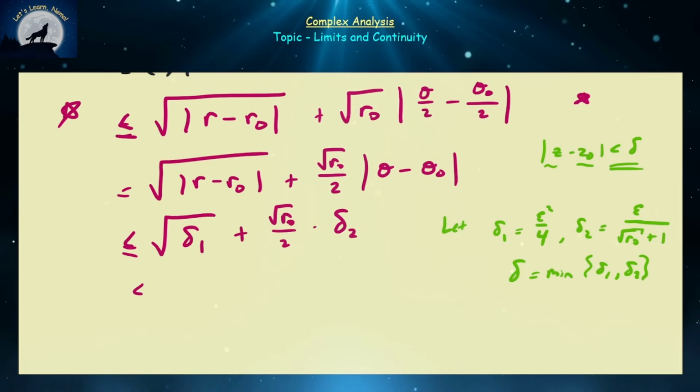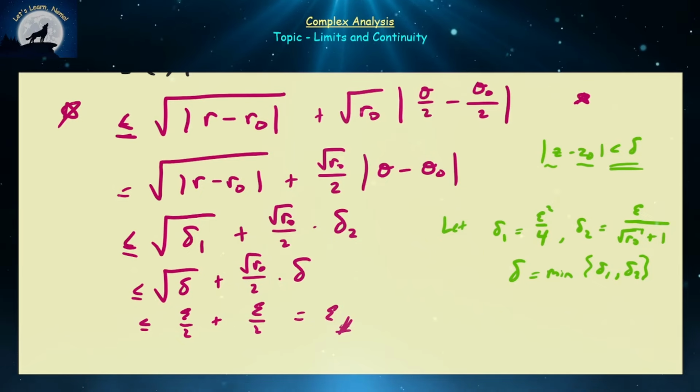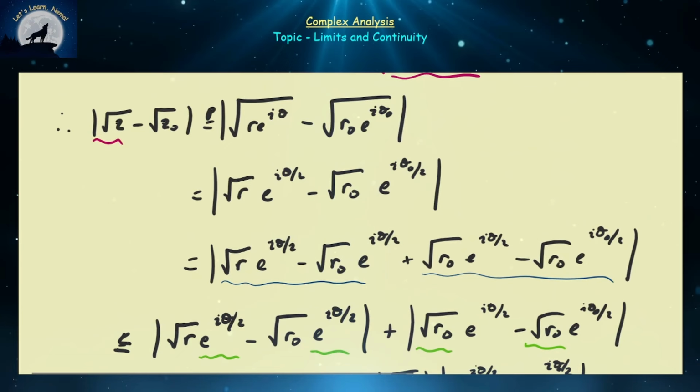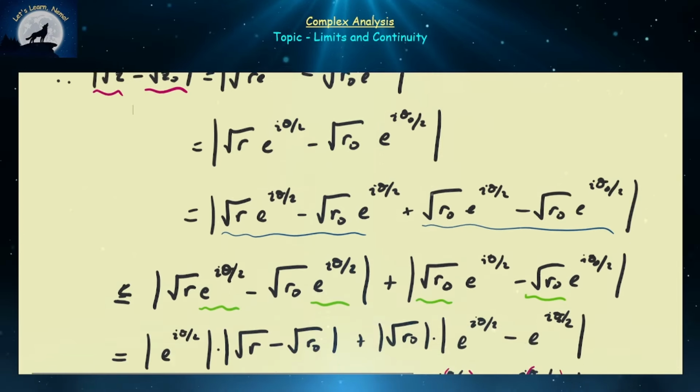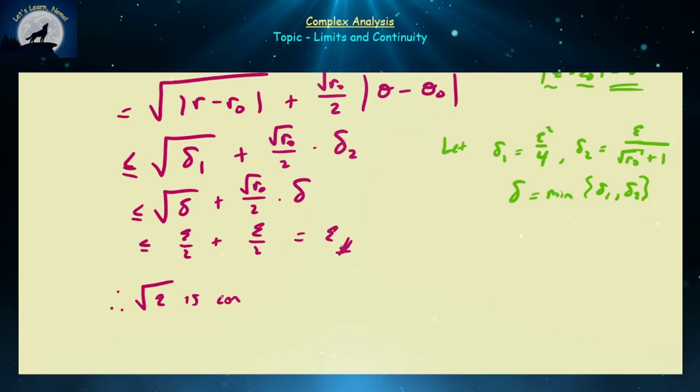So this is less than or equal to the square root of delta plus the square root of r naught over 2 times delta, and that's going to be less than or equal to epsilon over 2 by design and epsilon over 2 by design, which is going to be equal to epsilon. So therefore, we have that the distance between the image elements of square root of z and square root of z naught are arbitrarily close to each other, provided that z and z naught are arbitrarily close to each other, proving that the limit is equal to the function value at all points in its domain, and its domain is chosen to be C. So we have that the square root of z is continuous,